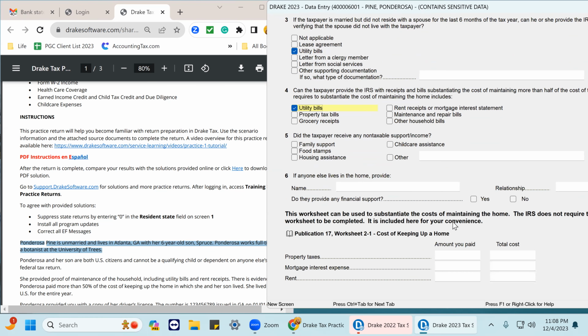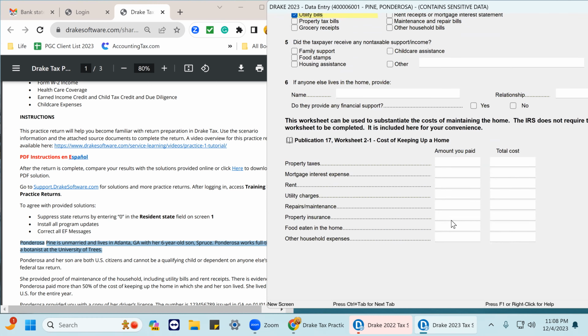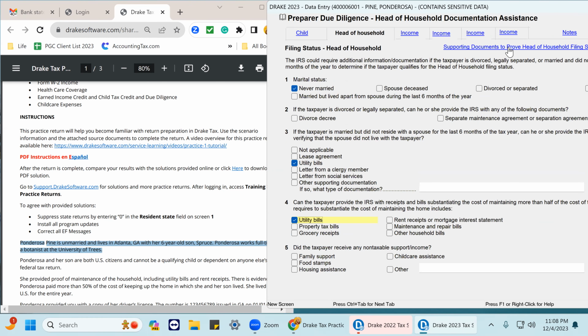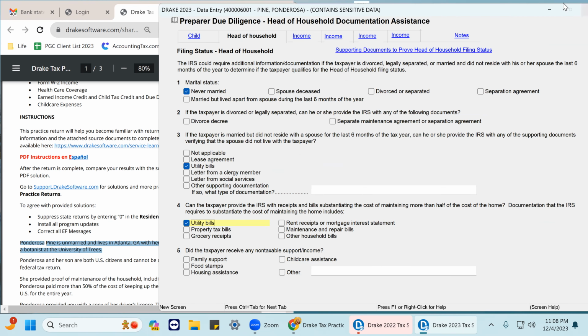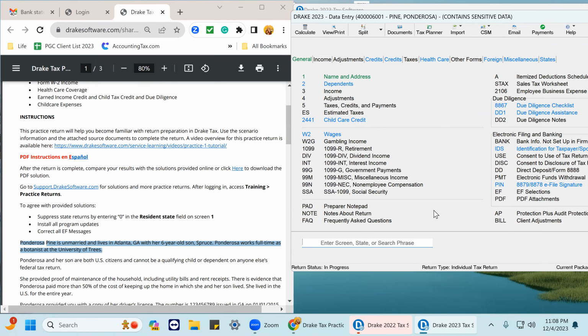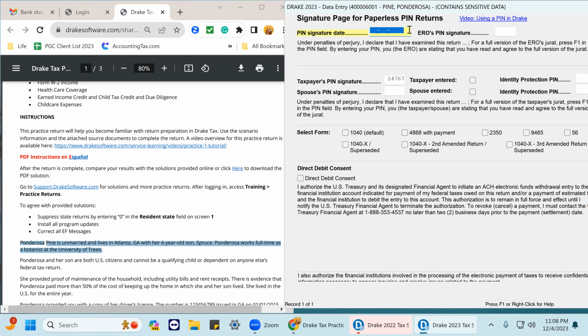No, that's it for this person. For this person, that's all you have. Now, for other people, they may have more. For the state of California, head of household also need to answer more questions. Now, in here